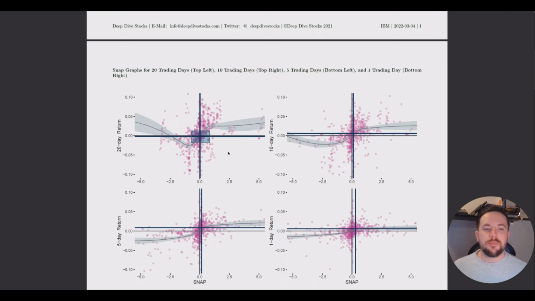And the snap graphs take the VoEx behavior and map it to future price action on the same time interval. And the line is the trend, the blue highlighting is the 95% confidence interval, and the crosshairs indicate the current output or prediction from the snap algorithm. So we have mostly positive, which isn't bad, and neutral on the more long-term or the 1 month outlook.